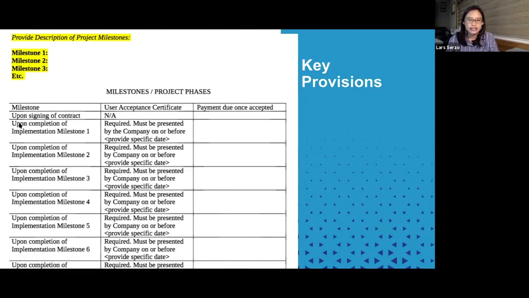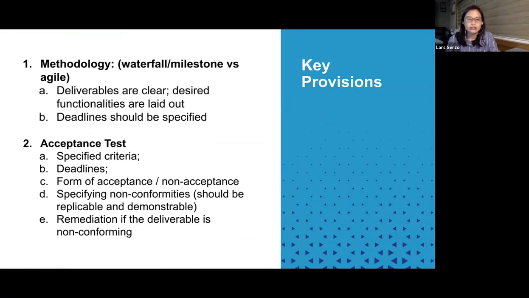And then ideally also, you should have your provider commit to certain deadlines. Okay, so here, column 1 would be the milestone, and column 2 would be the deadline when they should present that piece of the project component. And then third column would refer to the payments that would be due after the milestone is completed.